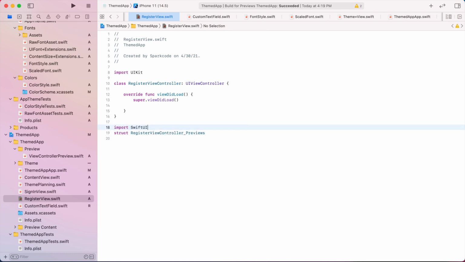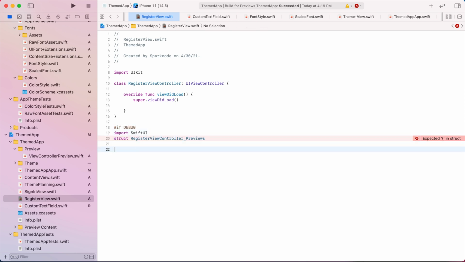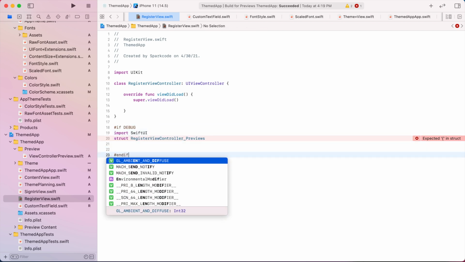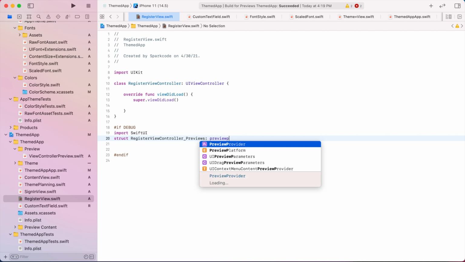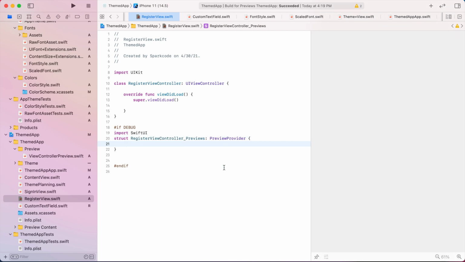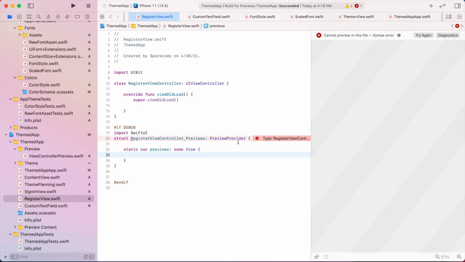So in my other video, I show how you can conditionally import this and make sure it's only in debug. So you can do like #if DEBUG and then #endif, so that this won't ship with your application. Okay,